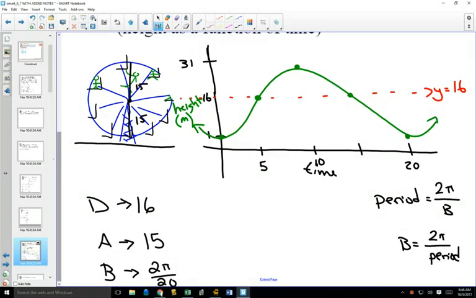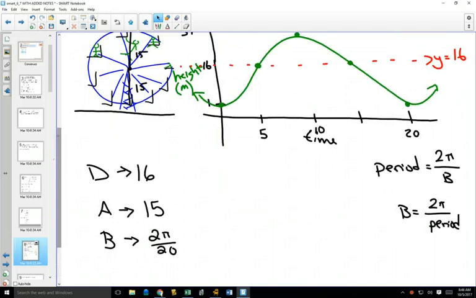And I actually like to not reduce that, because if it's in this form, you know that your period is 2 pi over your B value, or your B value is 2 pi over your period, and it's really easy to see that your period is 20. If we reduce it to pi over 10, it's not in that form, and then you'd have to do some mathematics to figure out what your period would be. So you'll often see questions leave it as 2 pi over something so that you can see the period in the equation. So once we have those three things, we can start writing two equations,